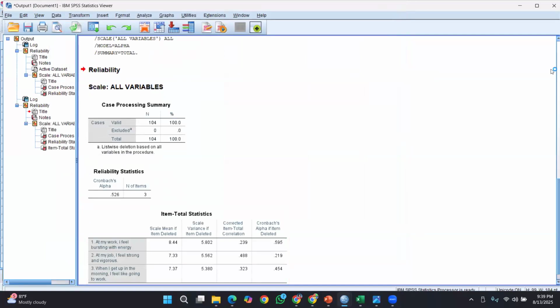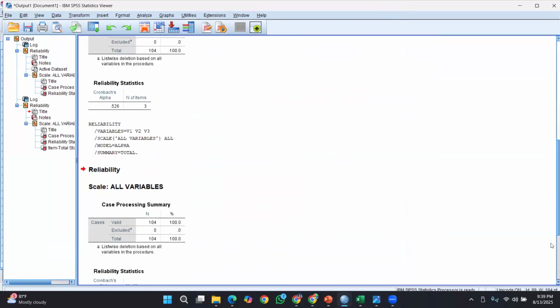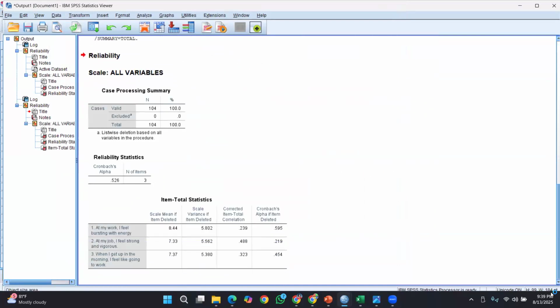Right now we are getting this table. Please disturb me if I'm not delivering what I intend. If anything is unclear or you have any problem understanding this, please speak up. Scale mean if item deleted, and the Cronbach alpha if item deleted.